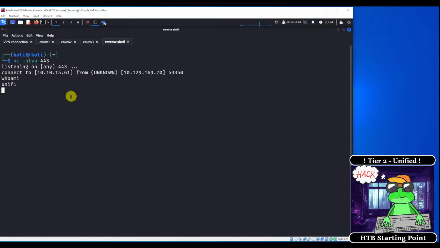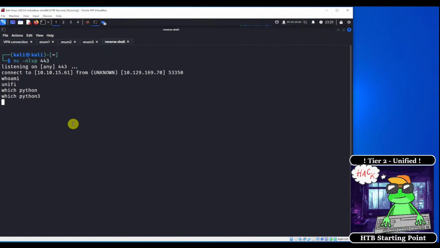So first of all, this is not a very good looking shell. We don't get very much in regards to feedback, and also we will quickly learn that there is no Python on this. There's no Python scripting language on this web server, so we're not able to use Python to upgrade our shell. So we're going to have to work with the shell as is, but that's fine,